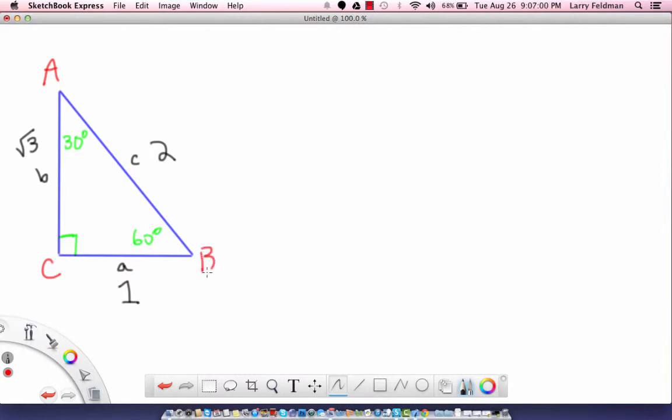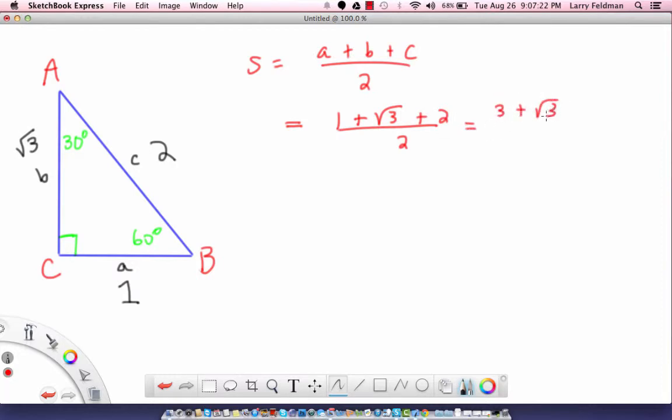First we need the semi-perimeter, which is a plus b plus c all over 2, which is 1 plus root 3 plus 2 all over 2, which is 3 plus root 3 over 2. Then the area is the square root of S, 3 plus root 3 over 2,